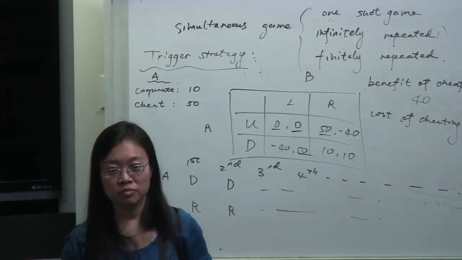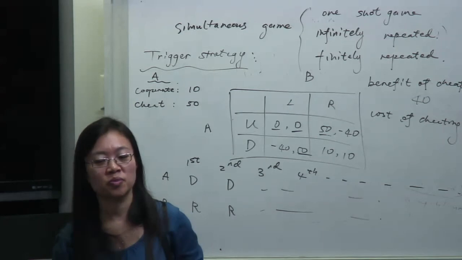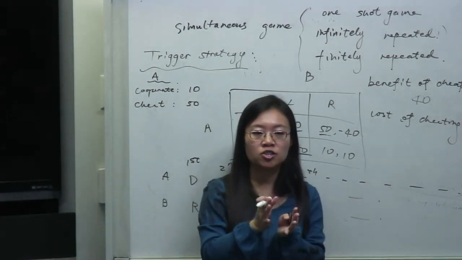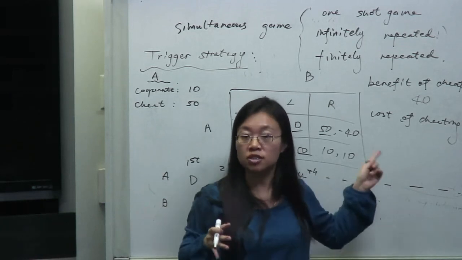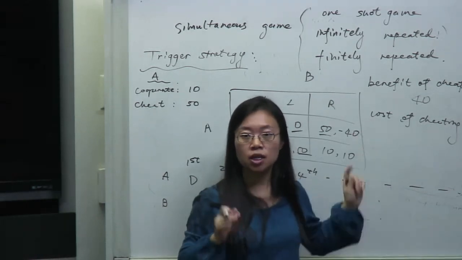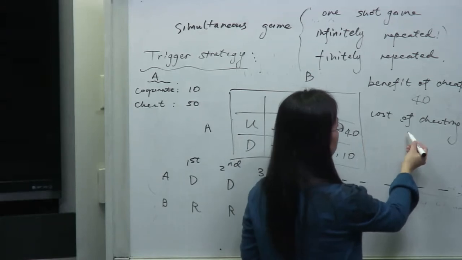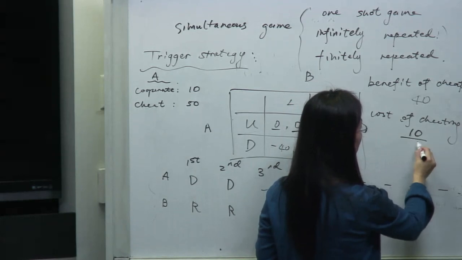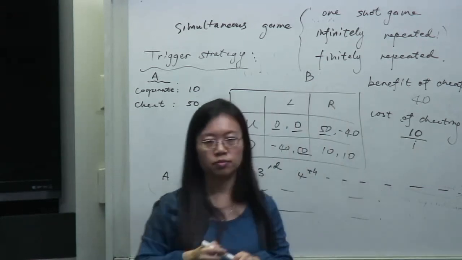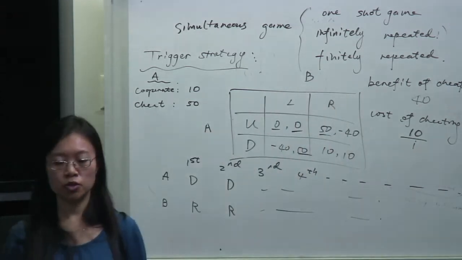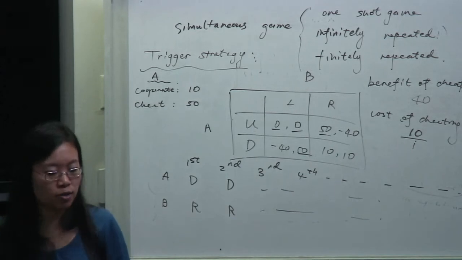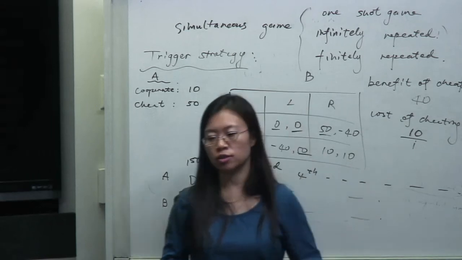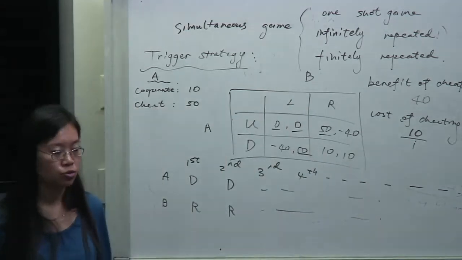Okay, how do we calculate the present value of a perpetuity? If it starts from the next round, then the formula is whatever the loss each round is, divided by the interest rate. So you're going to lose 10 from the next round and forever, and the present value of that loss is 10 divided by the interest rate.